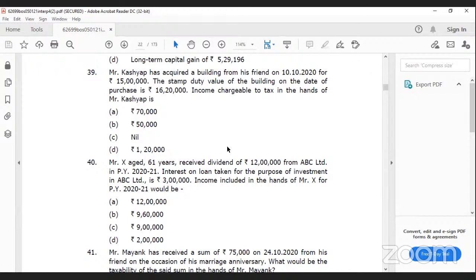Question number 39, Mr. Kashyap. Mr. Kashyap has acquired a building from his friend on 10th October 2020 for 15 lakh. The stamp duty value of the building on the date of purchase is rupees 16,20,000. Income chargeable to tax in the hands of Mr. Kashyap is